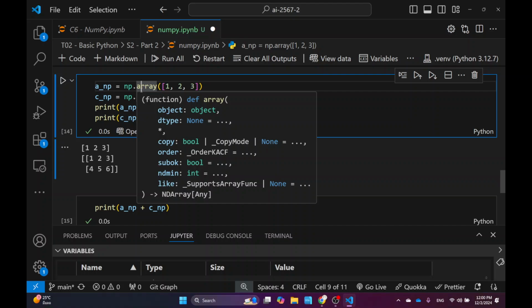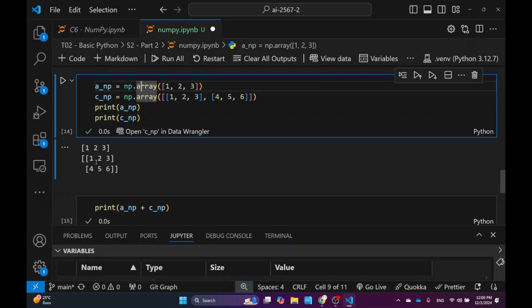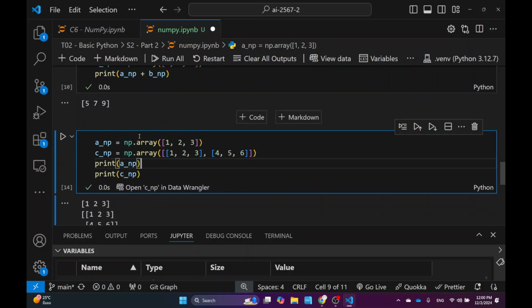Okay, let's go. So this is one way of creating a NumPy array, but it's not the only way. There